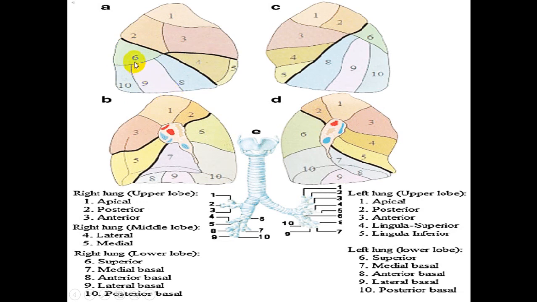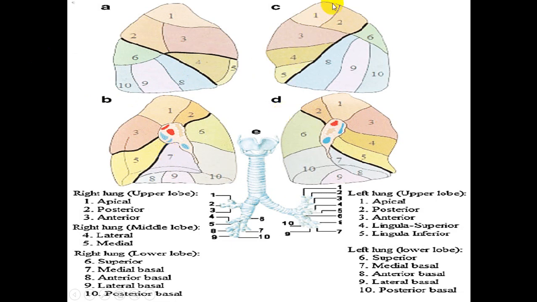On the costal view, we can observe 4 of them, and the 5th one is observed on the medial surface. Now you can observe here that one is the superior bronchopulmonary segment in the inferior lobe, while the rest of them are the basal ones. So we have anterior basal, lateral basal, posterior basal, and opposite to the lateral basal, here on the medial surface you can observe the medial basal.